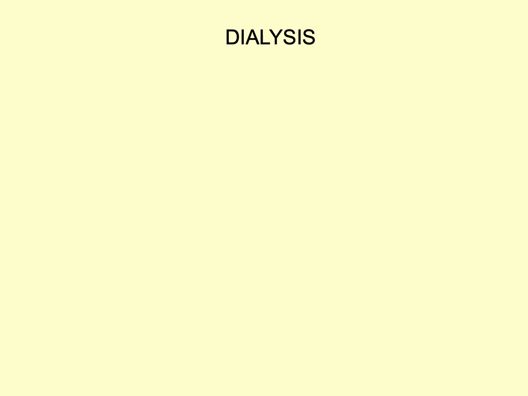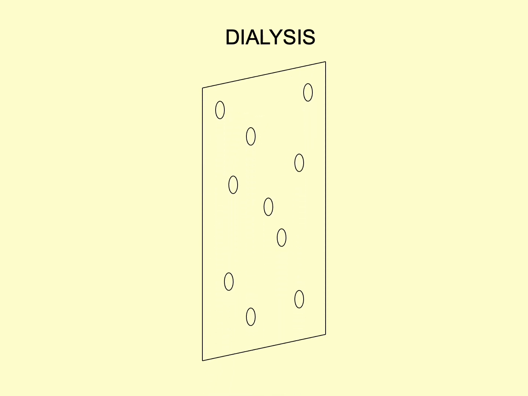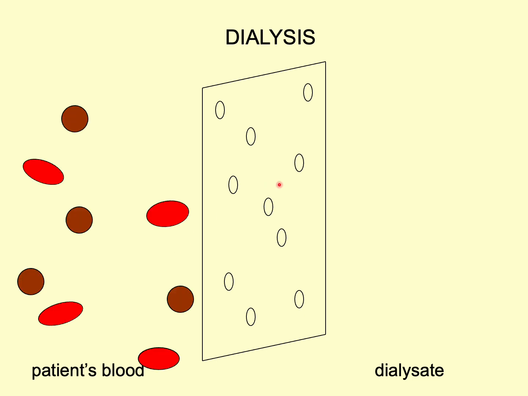Here's a diagram of how hemodialysis works. Here's the semi-permeable membrane with the patient's blood on one side and the dialysate solution on the other side. The membrane contains many tiny pores which hold back larger elements like blood cells and proteins, but allow the small